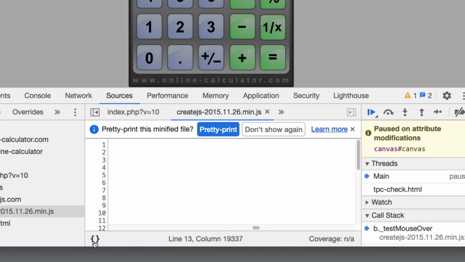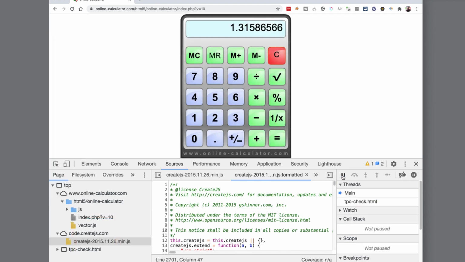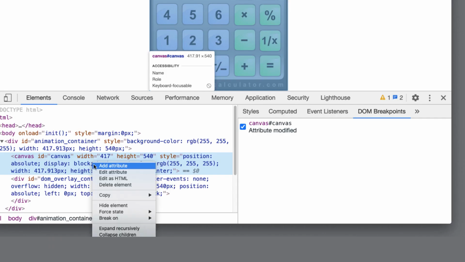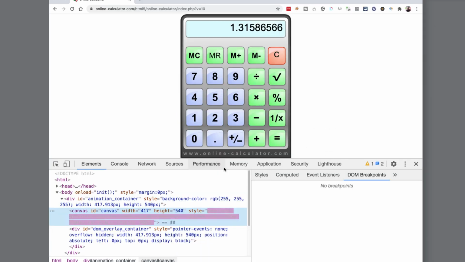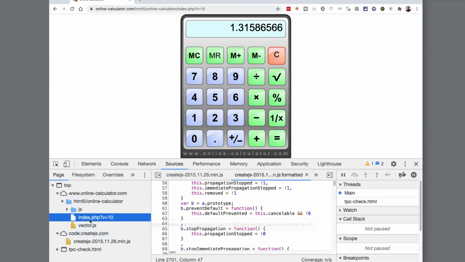I'll print this. And this is a framework. This is using the create.js application. So this is at a lower level than I really want to work. Let me go back to elements. So I'm going to switch off the break on attribute modifications because I don't really want to work at that level. But back in the source now, if I have a quick look at the source code,